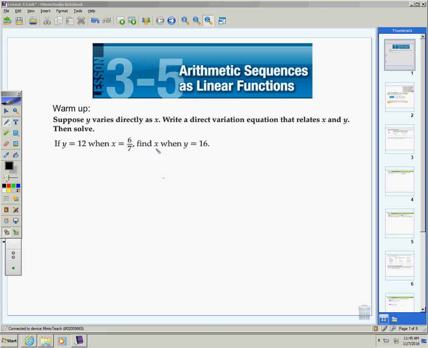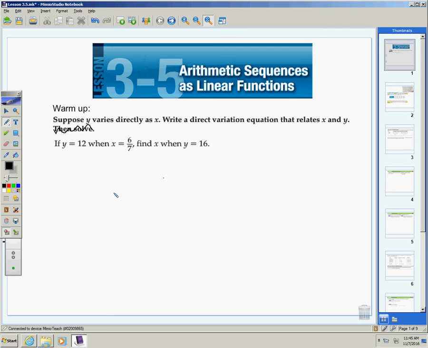For your warm-up, you've got this direct variation equation. I want you to go ahead and try to write the equation, and then you don't have to solve it. I just want you to write the equation. So go ahead, pause it, and try it, and when you're done, you can unpause it and see if you